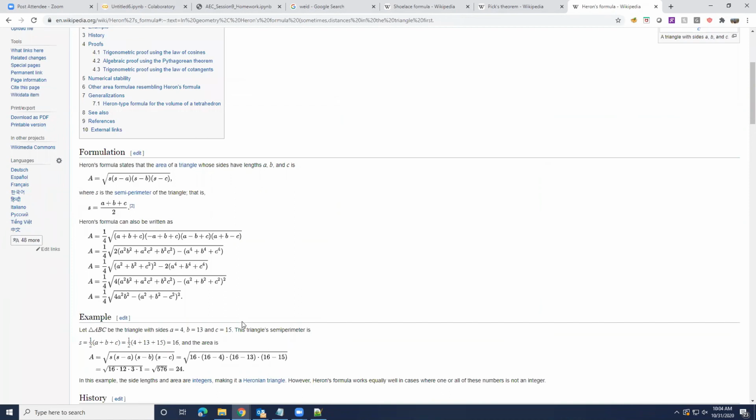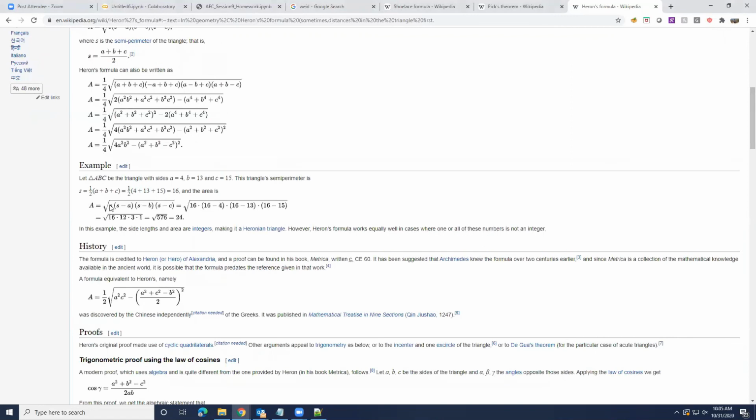But anyway, so if I know that the three sides of a triangle are 4, 13, and 15, then you calculate the perimeter. What's the perimeter of a triangle with sides 4, 13, and 15? Yeah, we'll work through it. 32. Then you divide it by 2, and that's called semi-perimeter. So if you divide it by 2, you get 16, right? 32 by 2. Then you take the semi-perimeter and subtract each of the sides from the semi-perimeter. What is 16 minus 4?